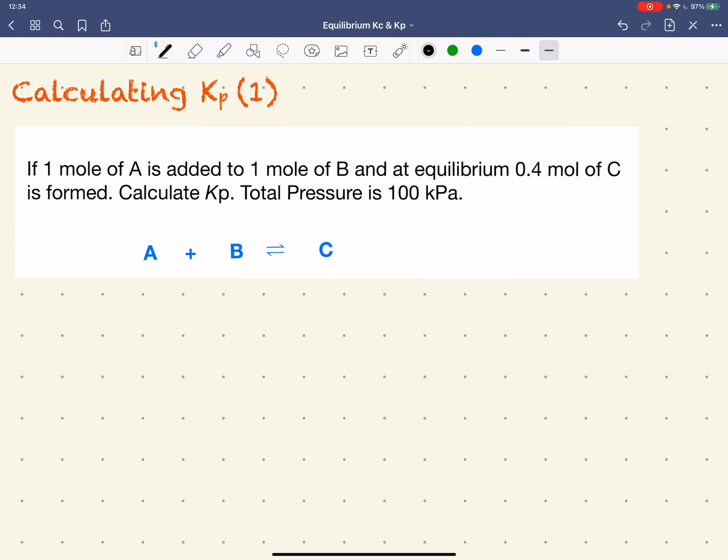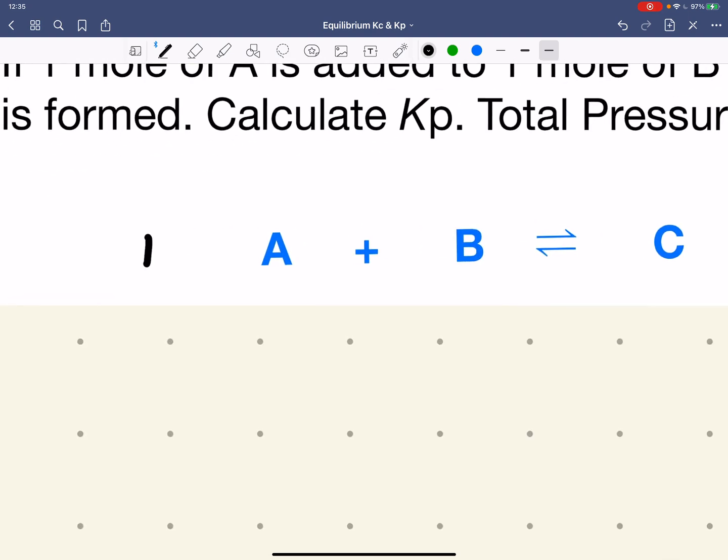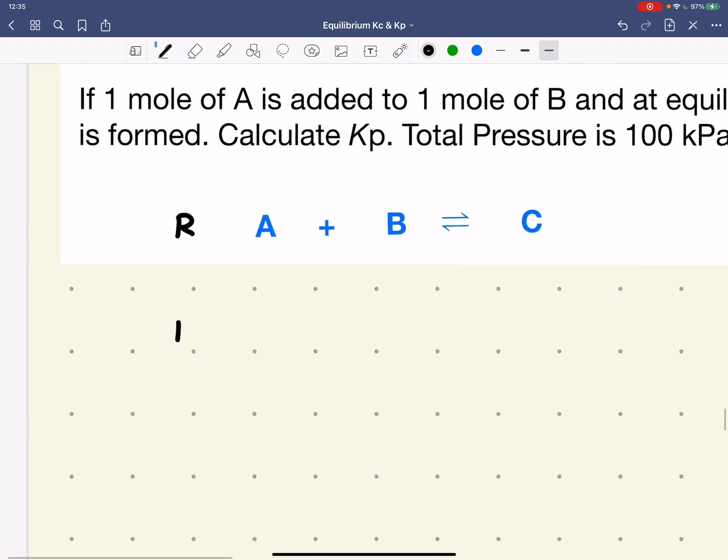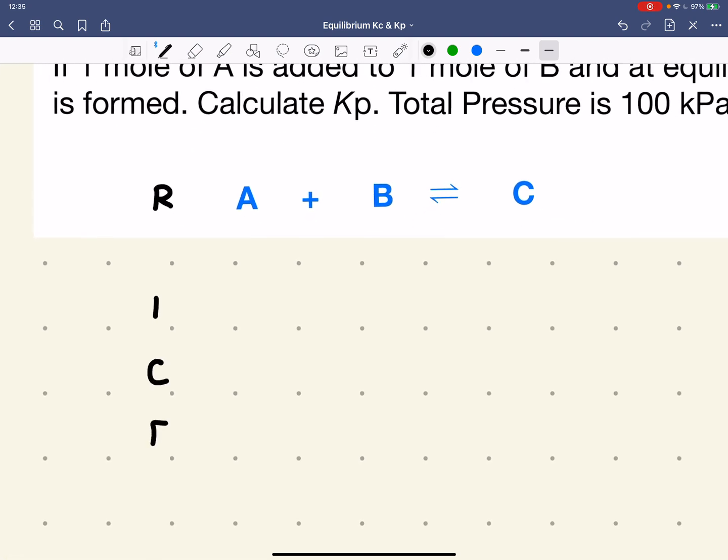Here we look at how we can work out the equilibrium constant Kp. We've been given some information. We've said if a mole of A is added to a mole of B and at equilibrium 0.4 moles of C is formed, calculate Kp, and we are also given a total pressure. In order to do this, we need to set up a rise table, which you should be familiar with if you've been doing Kc